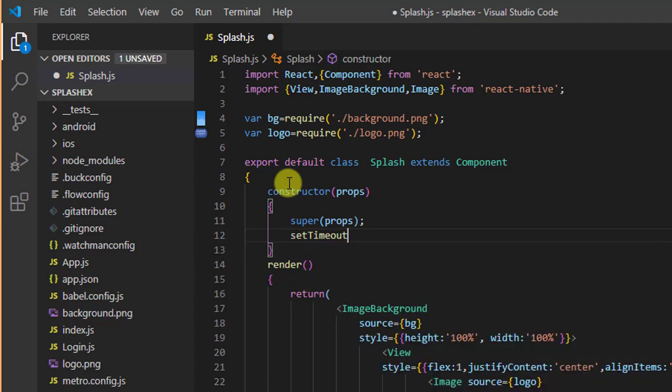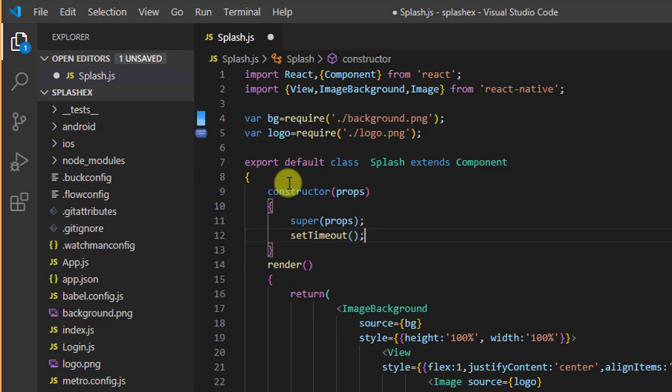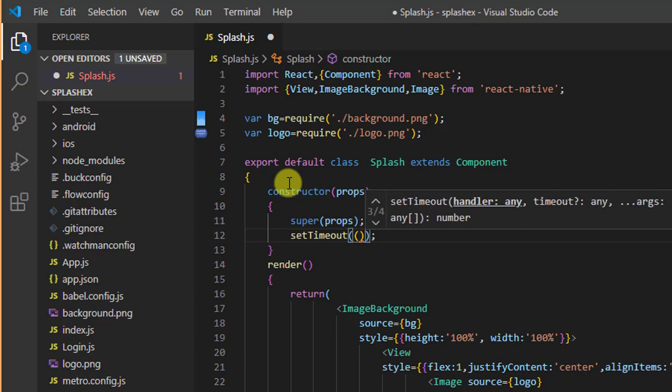Set timeout, bracket start, and inside this bracket we have to use arrow function. Remember that set timeout is a predefined function, and inside this predefined function we have to use arrow function.